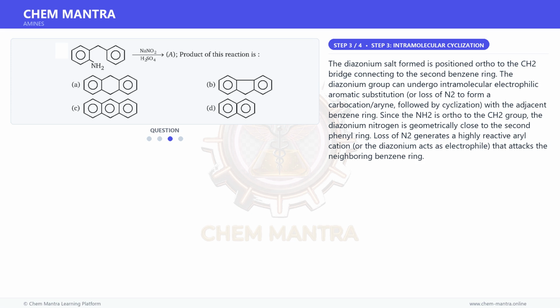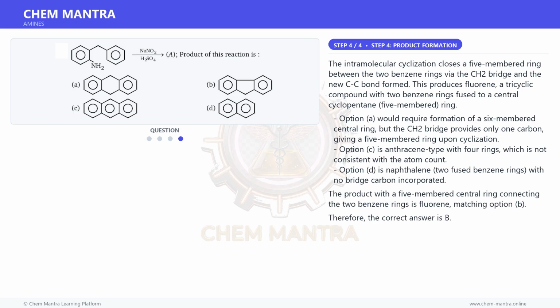Since the NH2 is ortho to the CH2 group, the diazonium nitrogen is geometrically close to the second phenyl ring. Loss of N2 generates a highly reactive aryl cation, or the diazonium acts as an electrophile that attacks the neighboring benzene